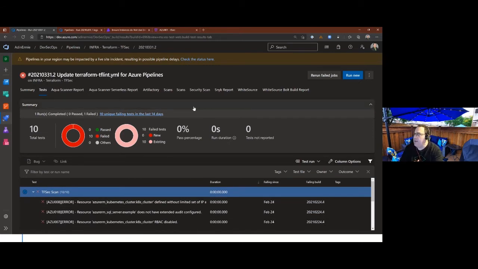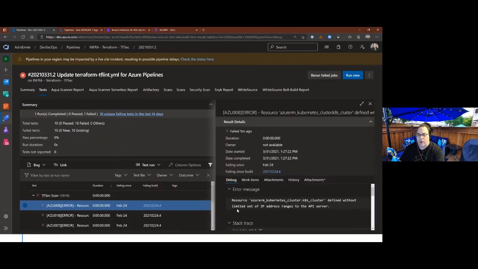Right. So I did bring that up to the authors of TFSec. I believe there's a pull request in their GitHub repo around adding that. I think someone maybe was working on trying to add that or at least start a thread. So if you choose to use this tool, maybe go and chime in on that pull request or that issue that was posted, so that we can get more traction behind that, because I think that's one of the bigger needs, to really understand how well you are doing from a security perspective for your Terraform code.